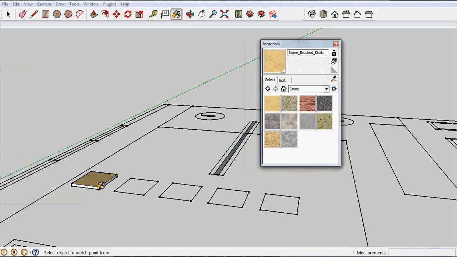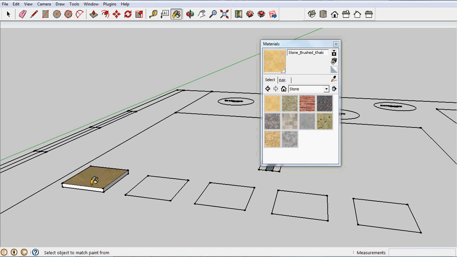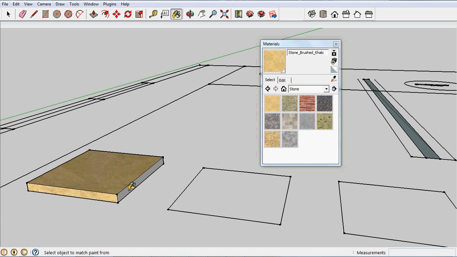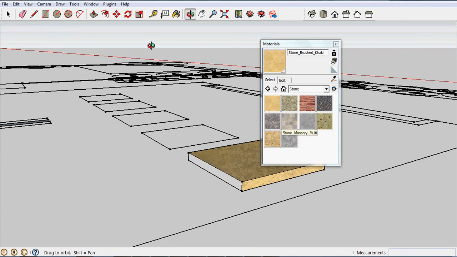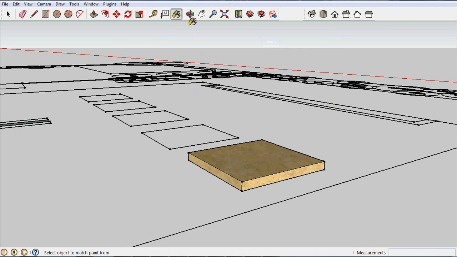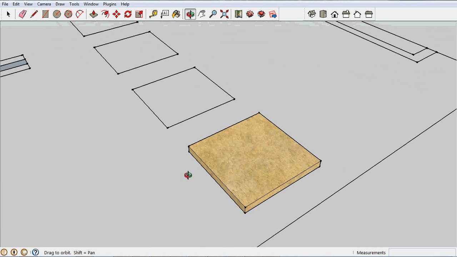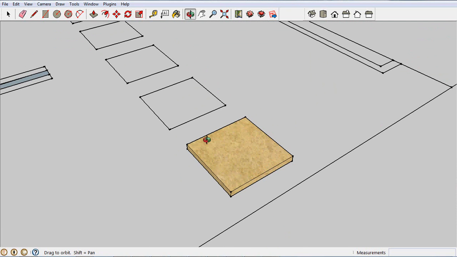Always zoom right in if you can, and then you'll find it a little easier to pick the surfaces that you want to paint. And I can use the orbit tool and spin around and continue painting by picking the paint bucket button again, orbit again around here, and use the bucket again. So we'll close there. So now let's orbit again over the top, and we can turn this stepping stone,